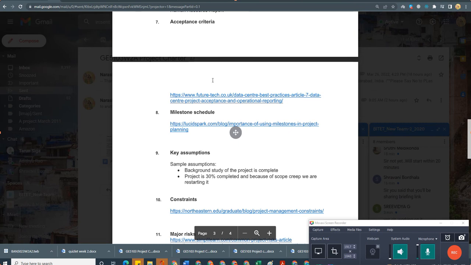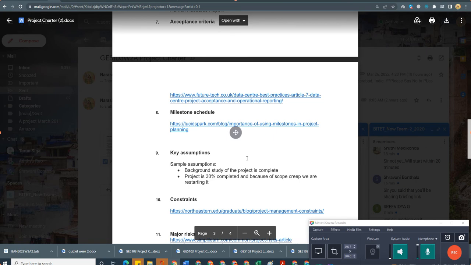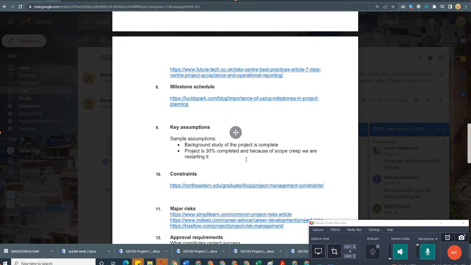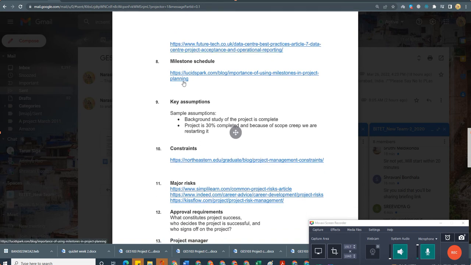Along with that, you can speak about project management milestones. Usually project management milestones include requirement analysis, next project planning, then project implementation, where overall we say the project is implemented. Next, we speak about project testing, and finally project documentation and closure. In this way, we will have five to six milestones based on the project management activities. It's up to you what kind of milestones you use. Be unique, that is what we expect.